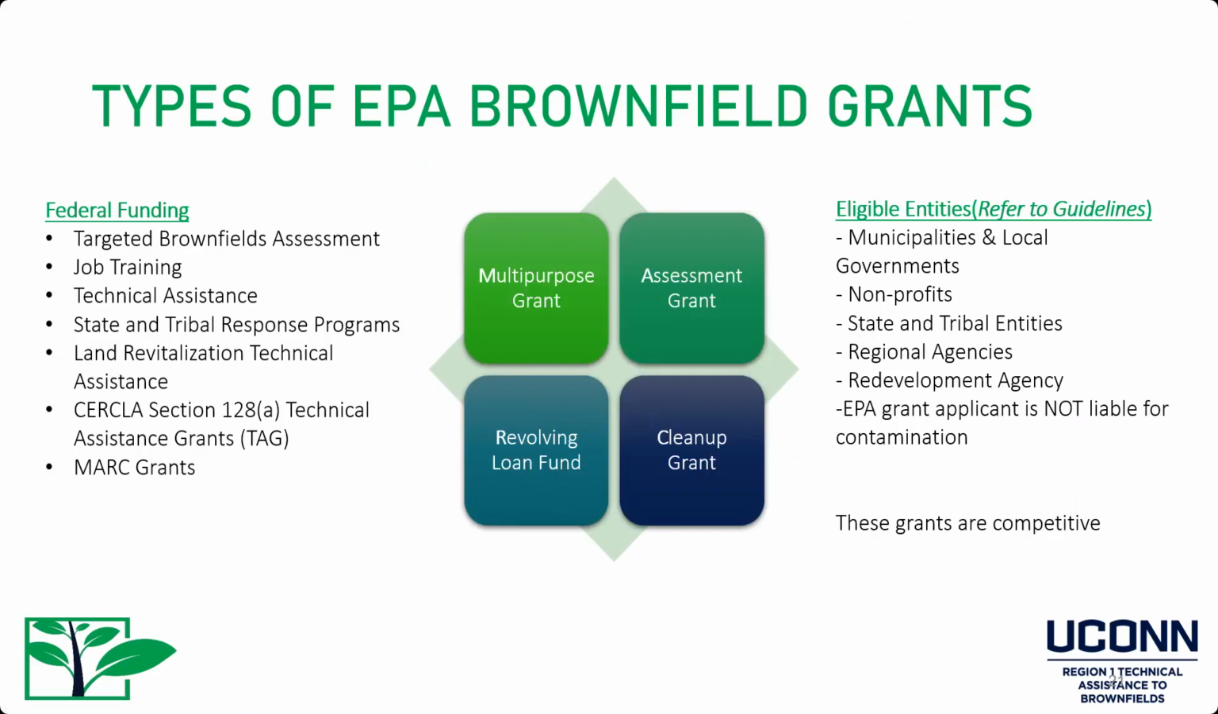MARC stands for Multi-Purpose, Assessment, Revolving Loan, and Cleanup, so the first letter of each makes up the acronym. Each year it rotates between having the multi-purpose or the revolving loan fund. This last grant cycle, we did not have the multi-purpose, but we had the revolving loan. The next cycle, which will come next fall, we'll have the multi-purpose, but not the revolving loan. These grants are open to public entities, so municipalities, local government, nonprofits, state and tribal entities, regional agencies, redevelopment agencies, and of course,